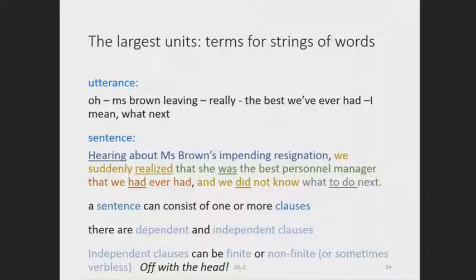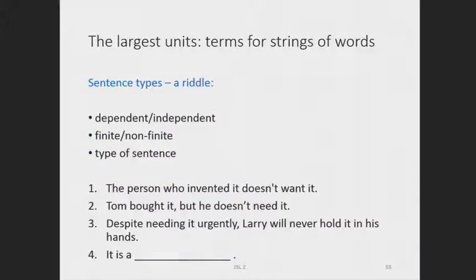Yeah, so independent clauses can be finite or non-finite, and sometimes they're even verbless, like the Queen of Hearts who says, "Off with the head." There's not really a verb in there, right? But it's still somehow a clause. Now, sentences have to have at least one clause, and there are different types depending on what clauses they